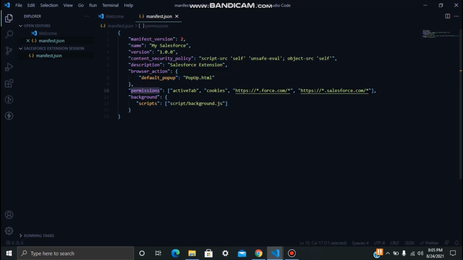Next is your permissions. You have to give the cookies attribute, the activeTab, and you have to mention the domains, meaning in which domains you want to run your Chrome extension. Then your background, we'll see the background scripts in a few minutes, but first I'll create my pop-up file. So let's start with your popup.html.